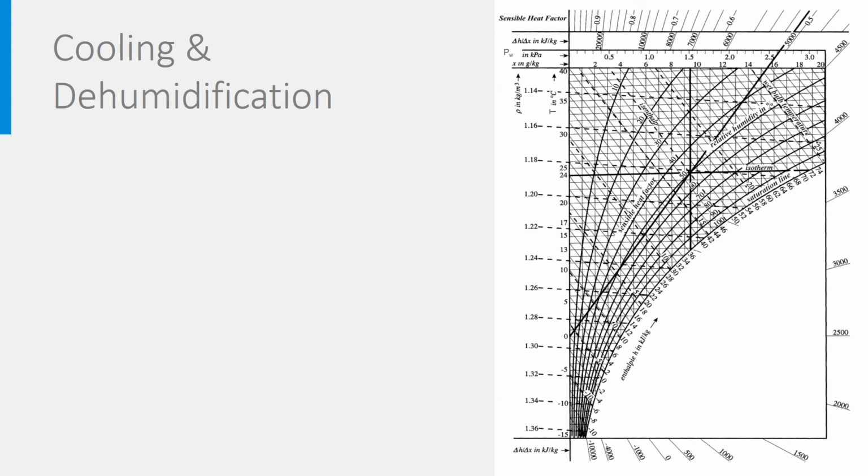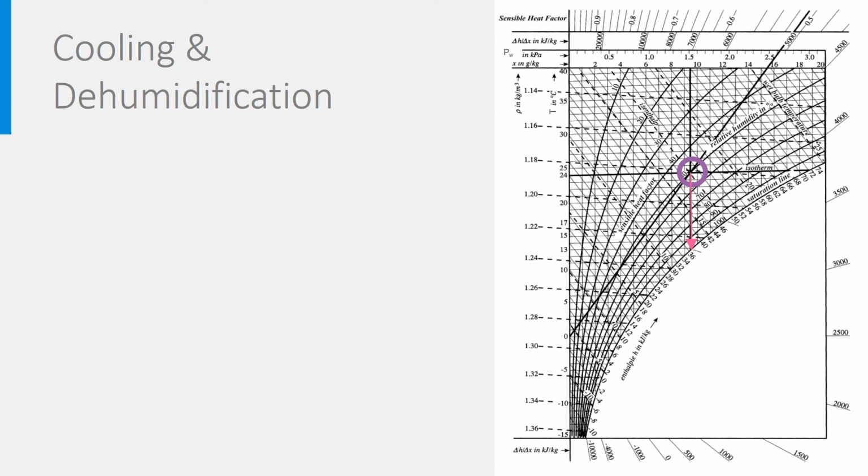In another lecture, we already studied the cooling and dehumidification processes. Let's look now at the corresponding enthalpies. Let's start from air at 24 degrees Celsius and a relative humidity of 50%. Its absolute humidity is therefore 9.5 gram per kilogram, and when cooled, the process takes place on a vertical line as long as we don't cool below the saturation line.